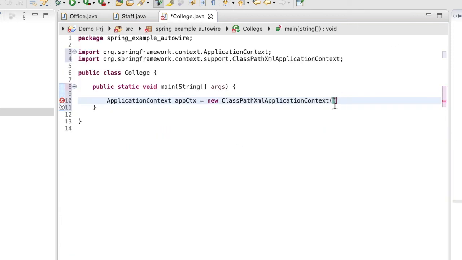And here I will have to give my beans name. So I will give the name here, like my autowirebeans.xml. I have not yet created this beans.xml. I will go and create it now.